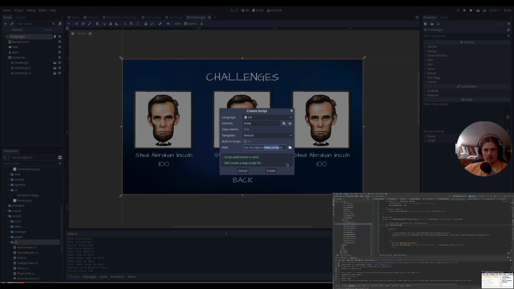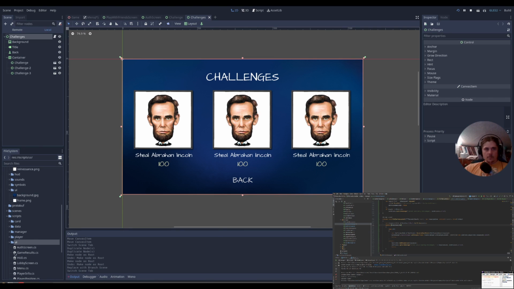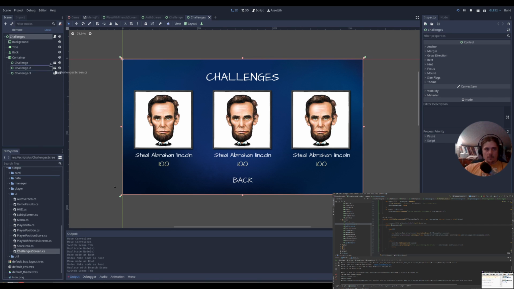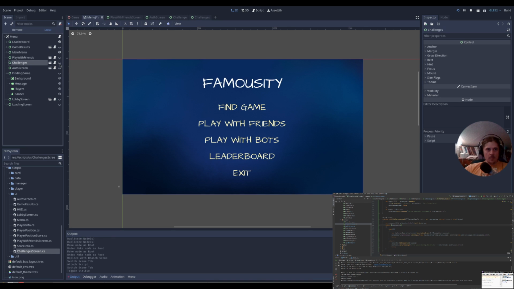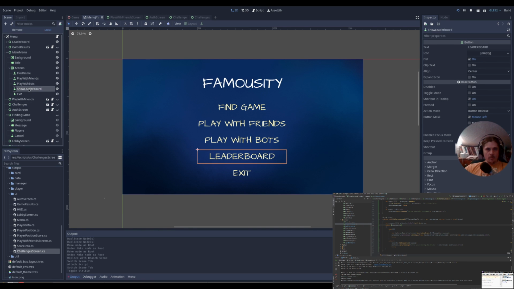Let's have a new one which will be called challenges screen. Let's assign it to this. Okay, and what else? I need to have a menu button here in my menu. So it will be